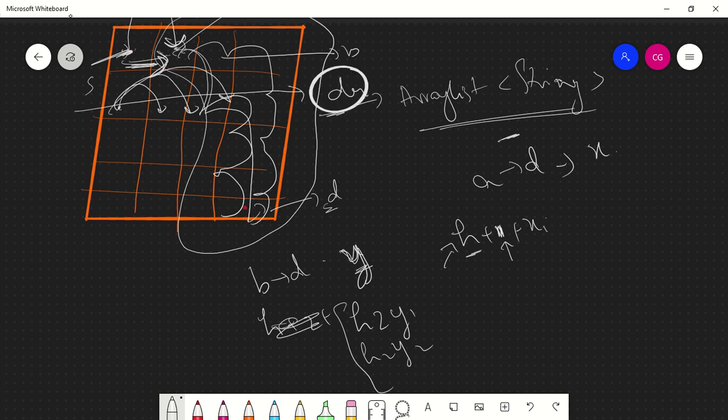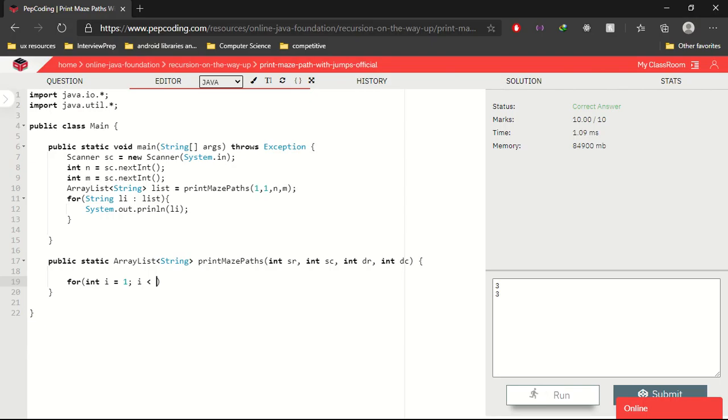Sorry, you have dc, the total number of columns. From here to here, you can either take one step, two steps, or however many steps you want. So we will loop through all those possible steps, and we will get our horizontal paths.